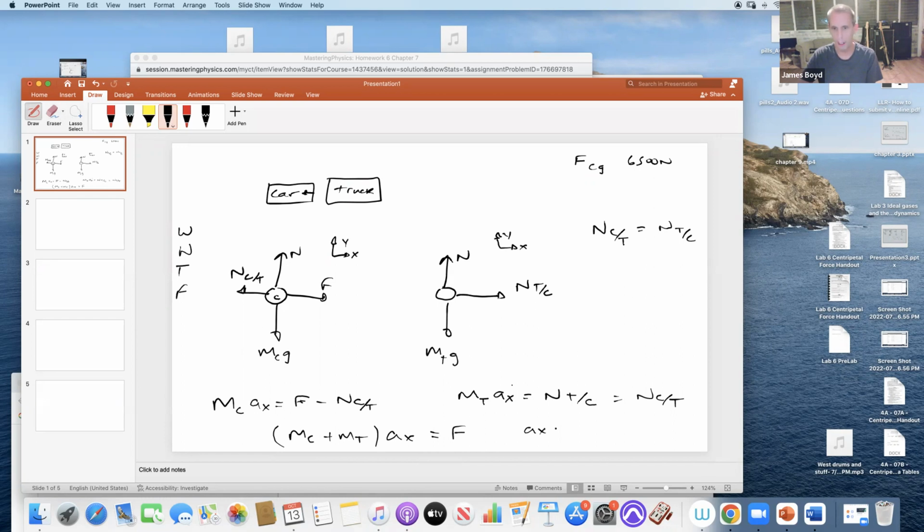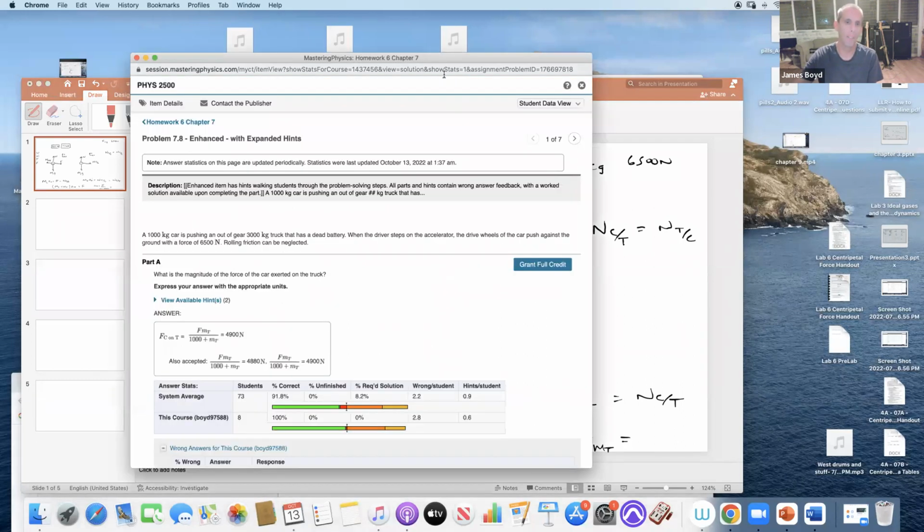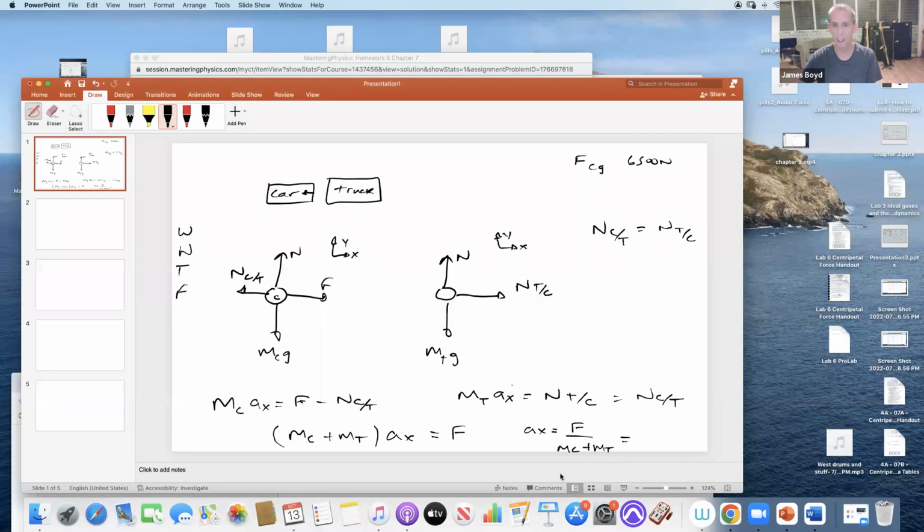Now, a_x is the force over the mass of the car plus the mass of the truck. And I was told yours might be different, but here it's 1,000 and 3,000. So this is 1,000, this is 3,000. I'll write this up here: 1,000 kilograms and 3,000. So this is going to be 6,500 over 4,000. And that is 6,500 divided by 4,000, 1.625